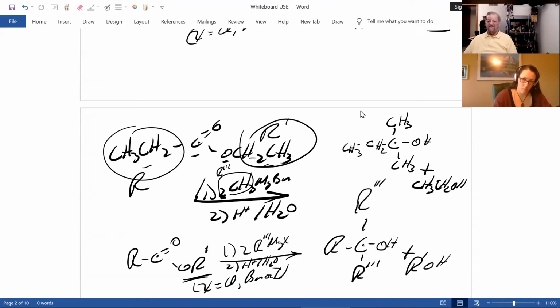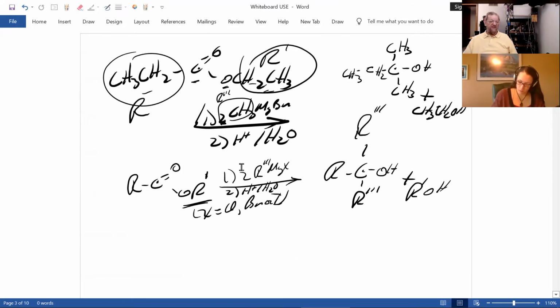And there you go. That's how you do reactions of an ester with two moles of a Grignard, second step, acid and water. I've done this reaction in the lab. I've never used Grignard in industry, but I did this when I was doing my research. All right, any questions? Seems like everybody's up to speed. Let's move on.